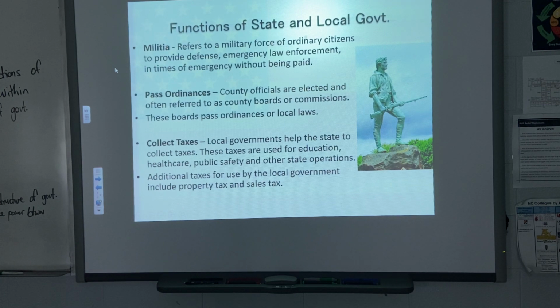Collecting taxes, there again, is very similar regardless of what governmental system you're talking about, federal, state, or local. All elements of government have to collect taxes in order to function. Without the taxes, you don't function properly. Case in point, the Articles of Confederation. Please remember, they couldn't tax the states, so they couldn't function. So federal, state, and local governments have to have tax dollars. Some of your local governments function with a property tax and a sales tax. So much percentage goes to your local governments.